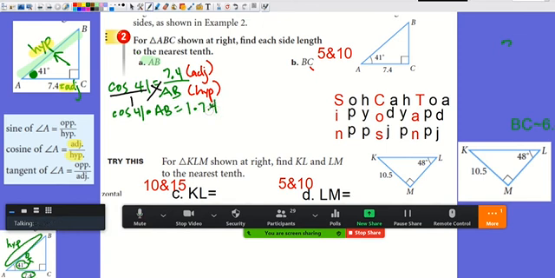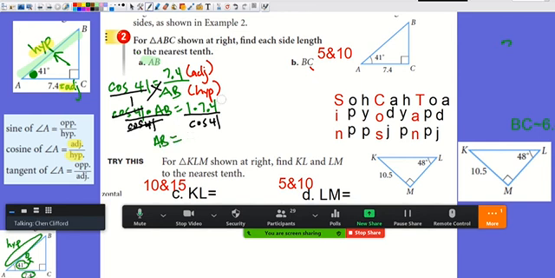I'm cross multiplying. Now I'm going to divide both sides by cosine 41 to get AB by itself. And we are going to get AB